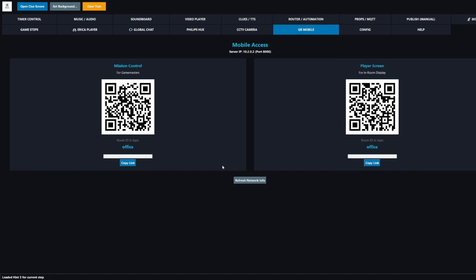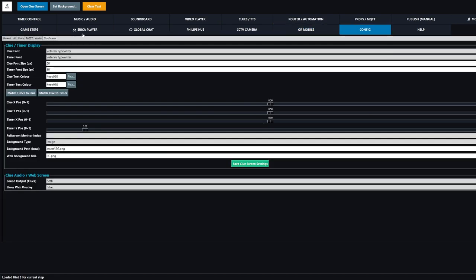QR codes made for player screens, which is your online sort of clues screen, and your mission control. Mission control shows all the games running on your system at the same time, and that's the individual room ID. I'll show you that later. And then config, where you can go through everything and change your clue screens and